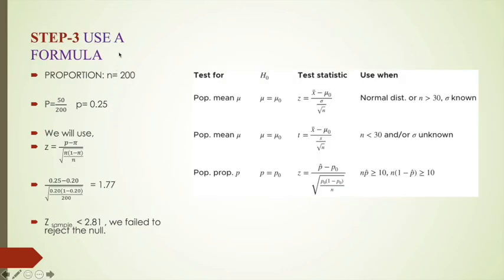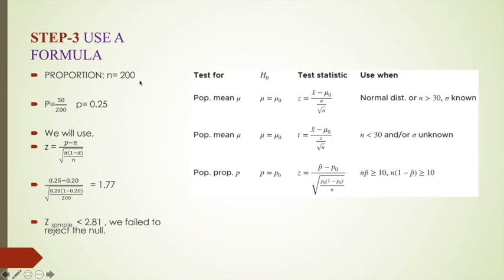Now our third step is we have to use a formula. Well, there are many formulas for this. These formulas are just for one sample. There are other formulas for a second sample, but let's not go there. Let's do this first. For one sample we have mu, p. If we know the standard deviation, we use z, and when we do not know the standard deviation, then we use t. But we have a proportion here, with no relation to all these things. We have to use this proportion formula.